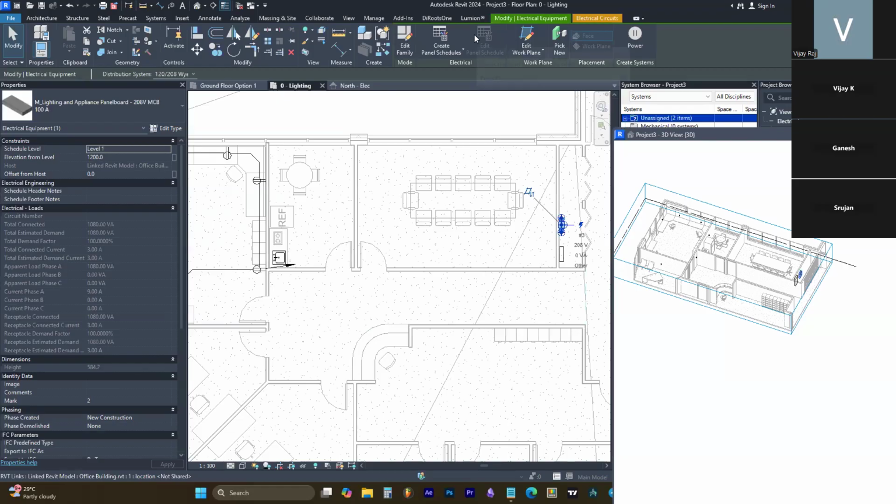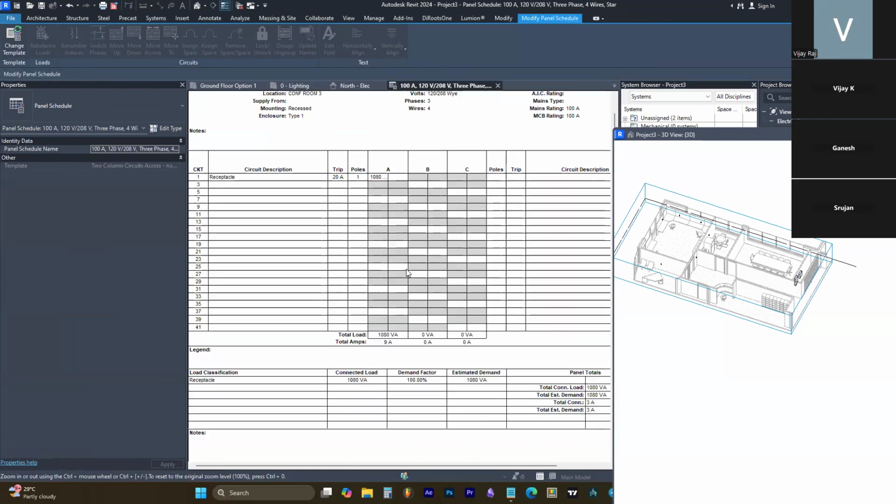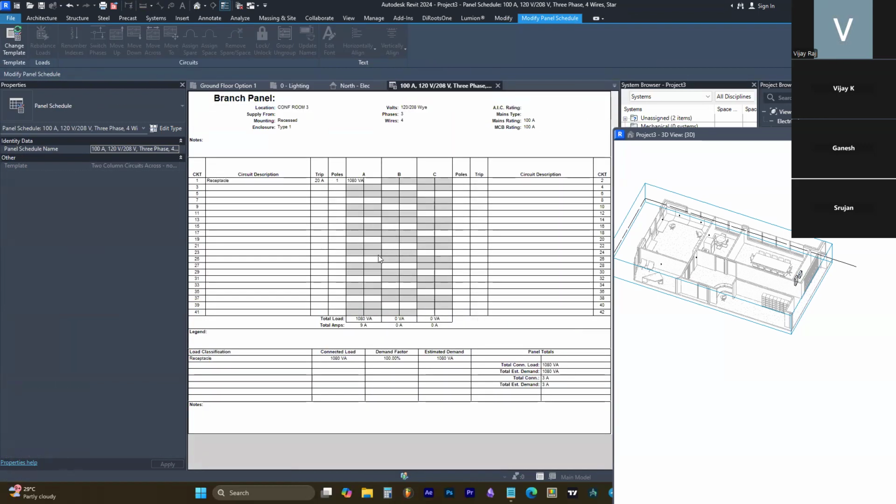You can see there is one create plan schedule. If you click that, you can see use default template. I always use the default template for this. So it will automatically generate one